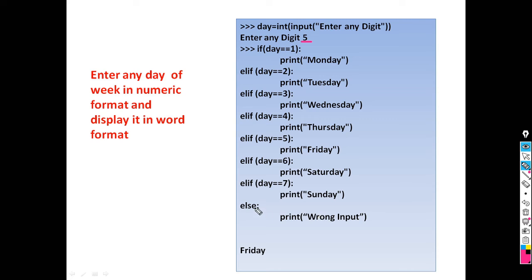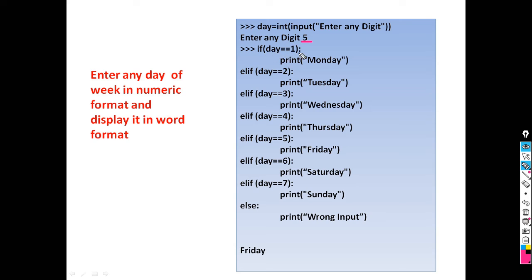These are our inputs, these are the corresponding outputs. If the user enters other than these values, Python should print wrong input. So I wrote the else part as print wrong input. Here we inputted 5, so it will check again like the previous one.